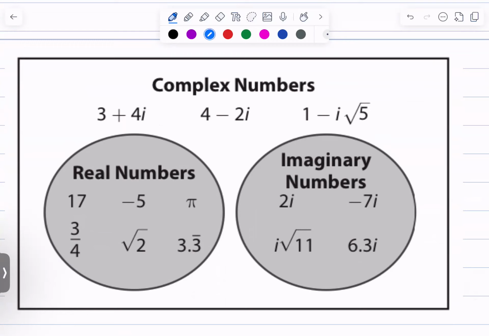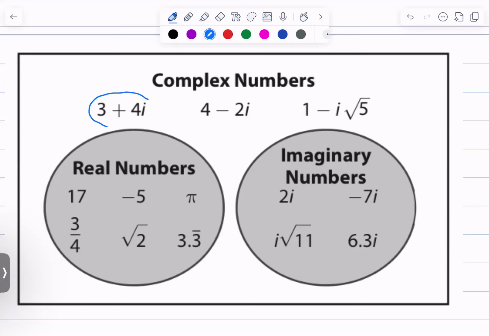Imaginary numbers: 2i, negative 7i, i square root of 11. And a complex number is just the sum or difference of a real number and an imaginary number. Okay, so we get a term from the real side, get a term from the imaginary side, and we just add or subtract it. Okay, that's what a complex number is. All right,